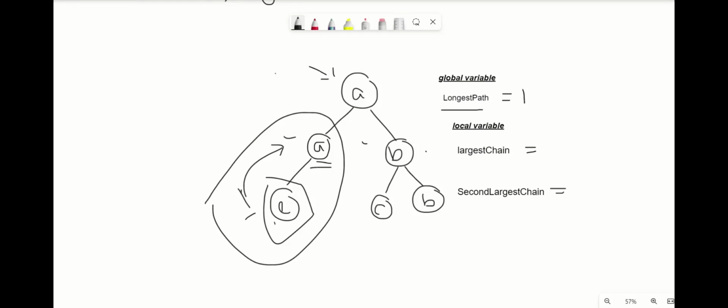So what it means is that the longest path, as we mentioned, is the combination of the first largest chain and the second largest chain. Whenever we get the values of the largest and second largest chain, we add 1, and if it is greater than the longest path, we just update our longest path, right? So coming back, if only E was there,